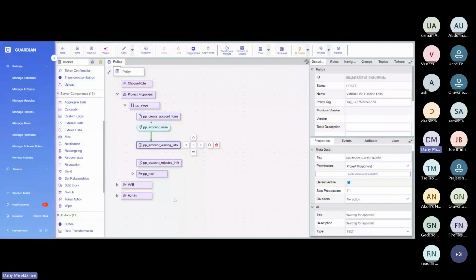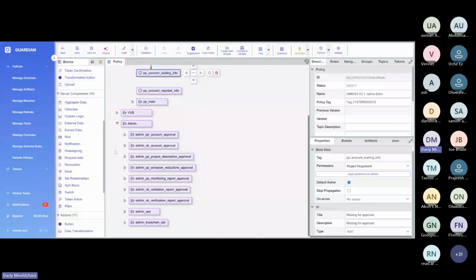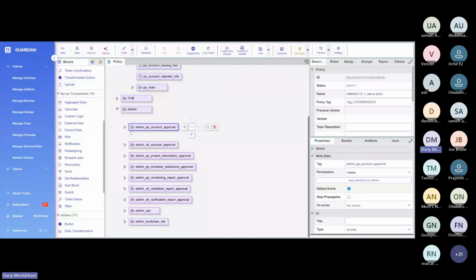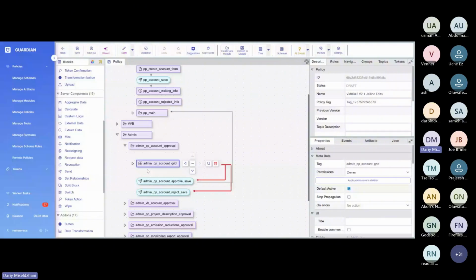So we can open the admin container and see each container inside. The first container in the admin role is PP account approval. And here we can see the grid block. The grid block is like a table with data,